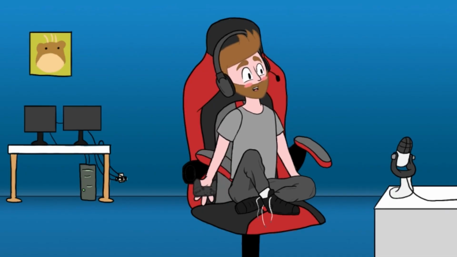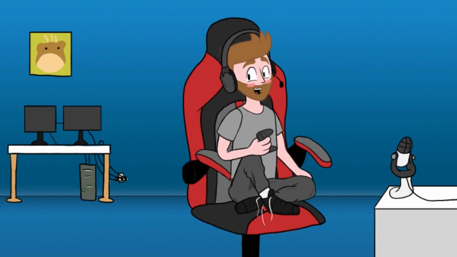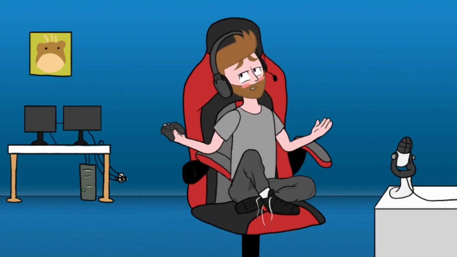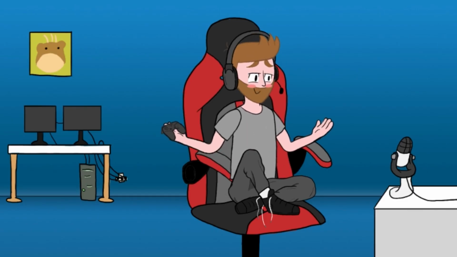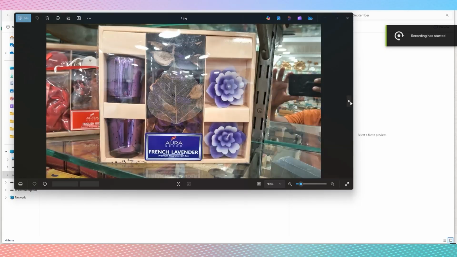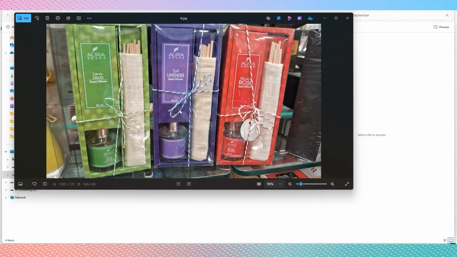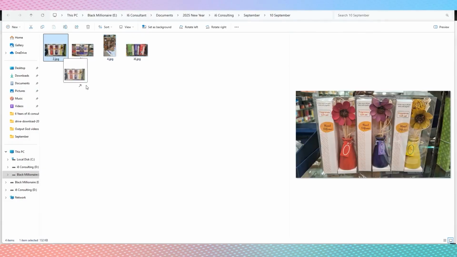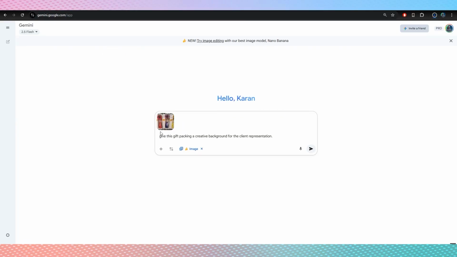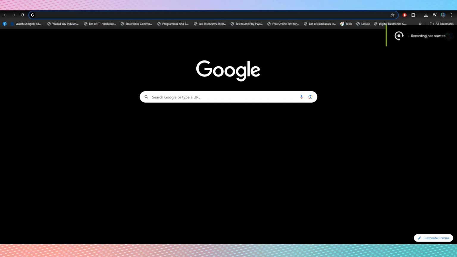Now, let me walk you through exactly what we are covering in this course. We will be diving into Google Nano Banana within Google Gemini and learn how to make our product images look as if they were clicked in a professional environment. How do I get images from our vendor? These are all the images that I got from my vendor, and I am just dragging them into Nano Banana. This is the first image, as you can see. This is the gift set, and I have dragged this diffuser image into Google Gemini.